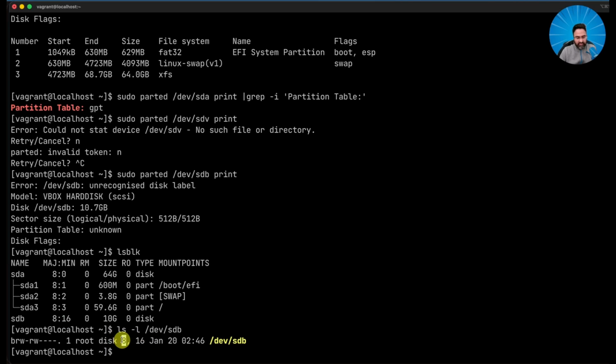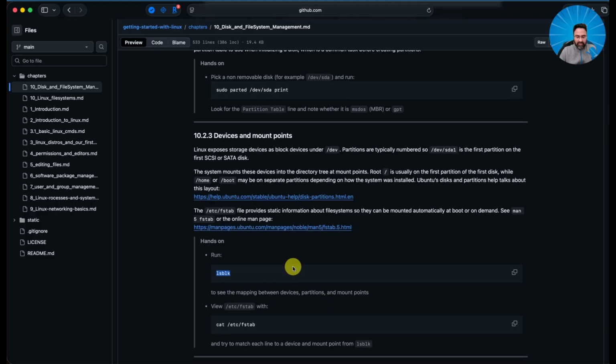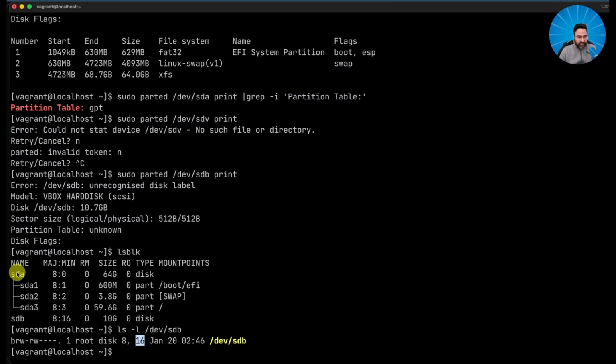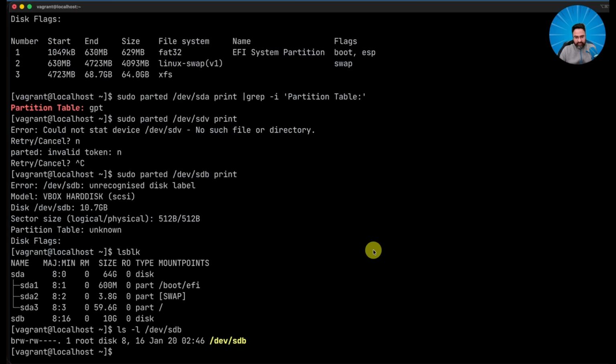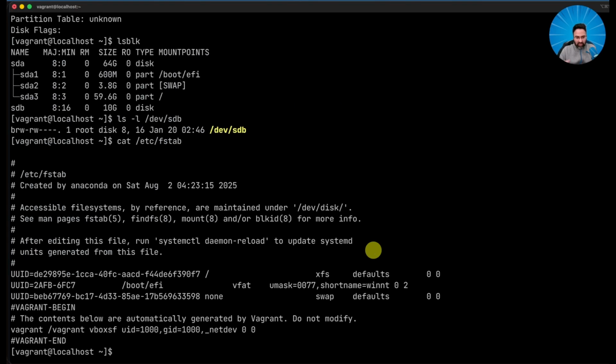So your storage driver is allocating number 8 within the kernel, and this is an instance out of it. That's how it is the minor number, right? But you can see SDA and SDB there. And where does it get mounted? How does it kind of automate? How do things get mounted in the system? You can see here it says